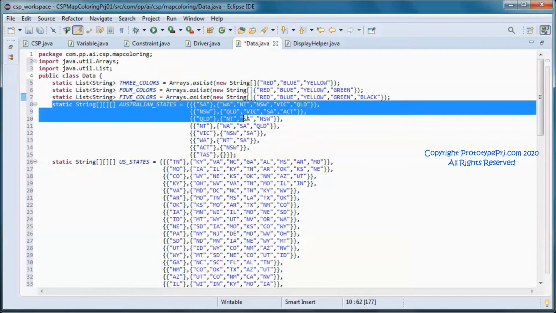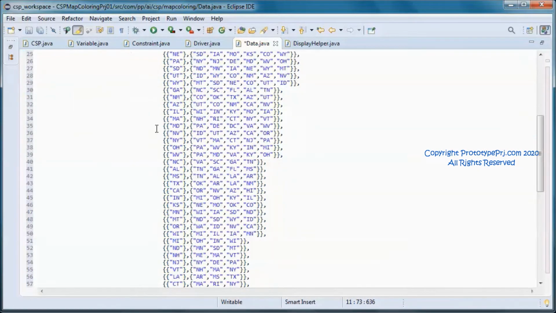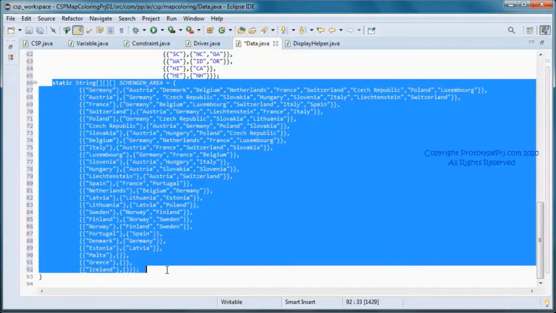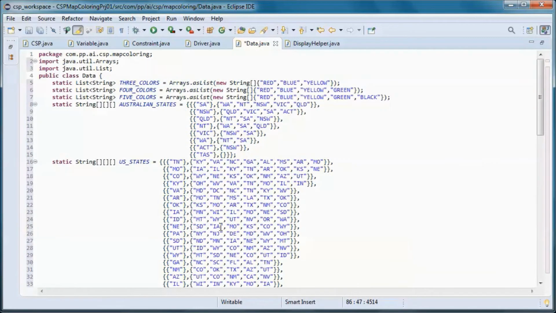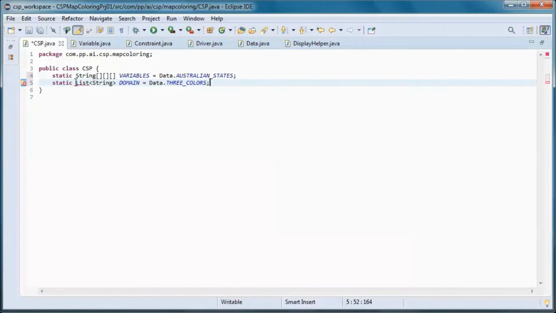And we can either do the Australian state coloring, or US states, or the Schengen area states. So we'll specify what we will be using here.